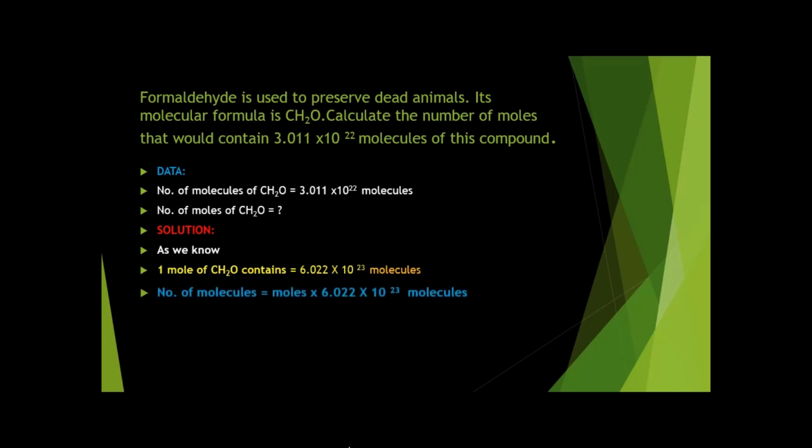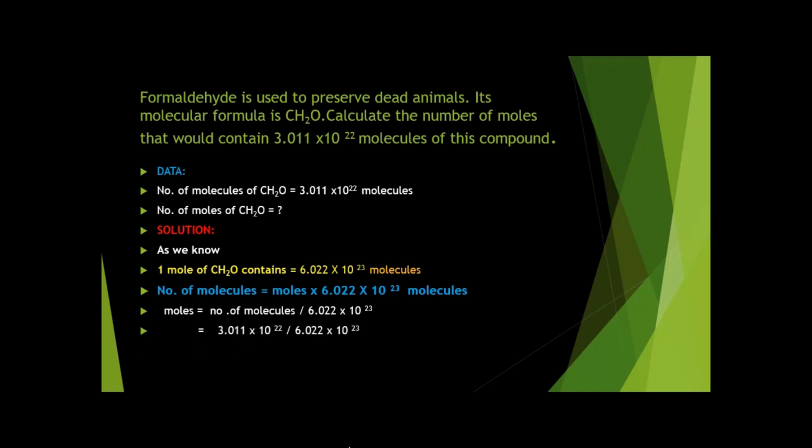So apply the formula: number of molecules is equal to moles into 6.022 × 10^23 molecules. We will arrange this formula so that the number of moles is on the left side and all the other known values are on the other side. So put the values. Moles is equal to number of molecules divided by 6.022 × 10^23. So just put the values and get the answer. Number of molecules are 3.011 × 10^22 divided by Avogadro's number, and finally we get the answer 0.05 moles of